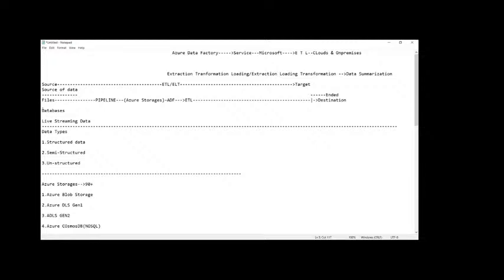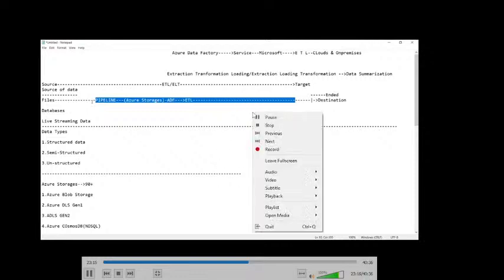Now can you see here, the pipeline is beginning here and ending here. In between this pipeline we have storages, then we use the ADF, and then we perform the extraction, transformation, and loading. So now